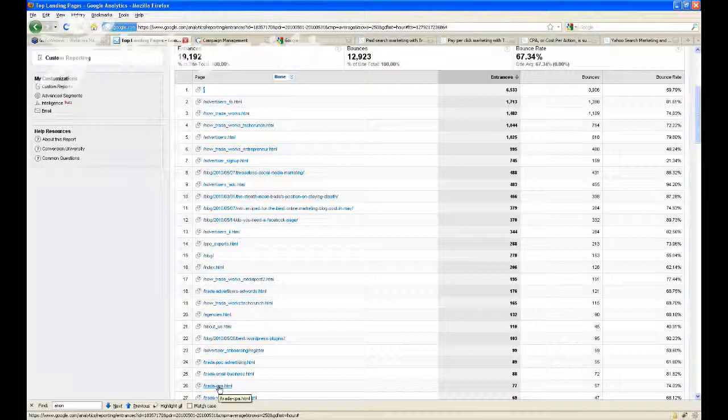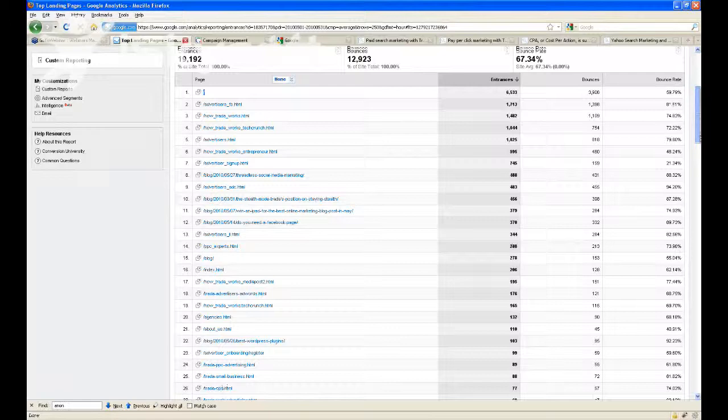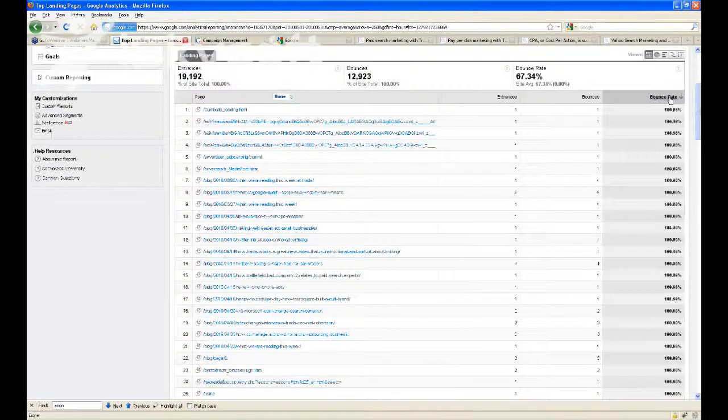What I wanted to start off with is to show you a basic place to take a look at how well each of these landing pages works. And the best proxy for this is looking at what's called a bounce rate. A bounce rate is essentially a measurement that says when people come and take a look at this page, do they go and look further in your website? Do they read other blog articles? Do they explore your website? Do they watch videos? Do they fill out lead forms?